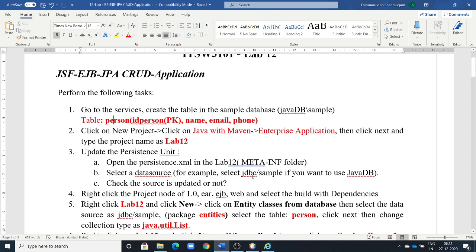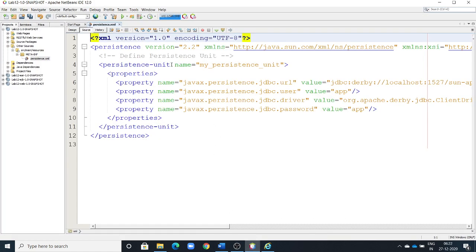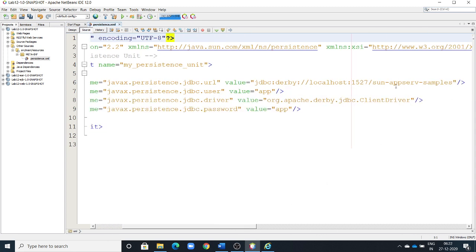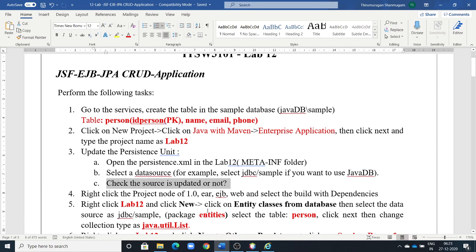Otherwise, if it is MySQL, you must change your database to MySQL. Please note, check whether the source is updated or not. Obviously it is updated. What is the persistence unit? Now I change it to the normal sample. That is done. It is updated.